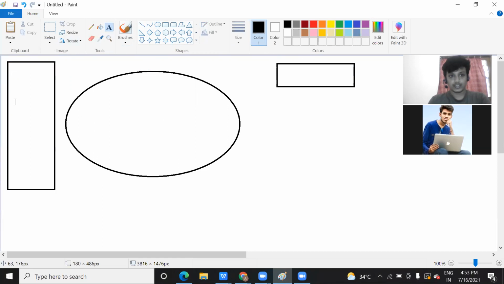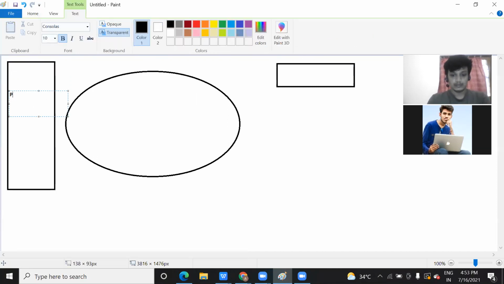Let me write this down and explain. This is your RAM, and this is your processor. Processor means your system processor, or the compiler is also there.